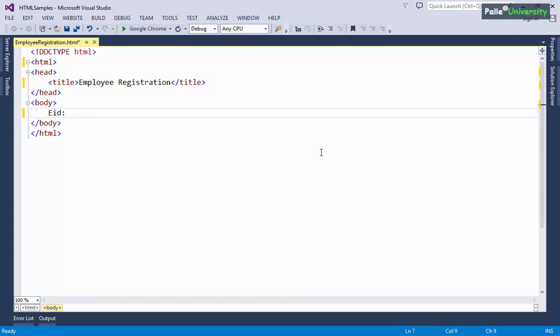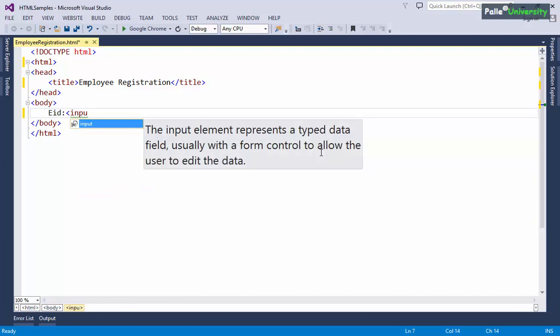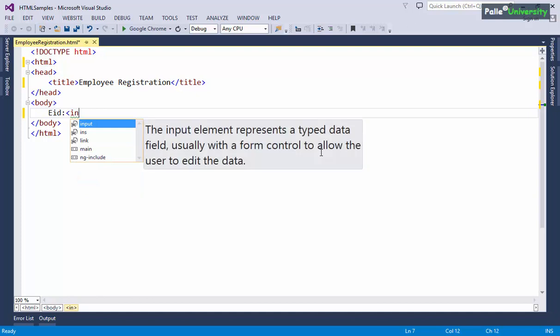So you observe carefully, when I am typing the code in my Visual Studio, I am getting the IntelliSense window. You observe, when I am typing I itself, I am able to see this input. So this is a helping window in Visual Studio. That is the biggest advantage with Visual Studio, but you cannot see this kind of helping window when you are using Notepad. That is the reason why I recommend you to write the HTML code by using Visual Studio, or if you have Dreamweaver, you can use Dreamweaver or maybe some other software.